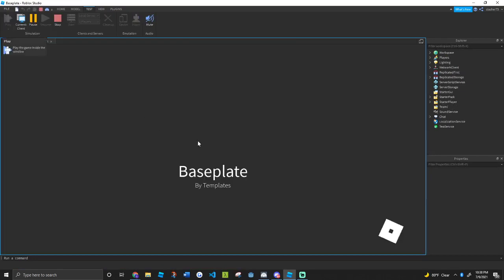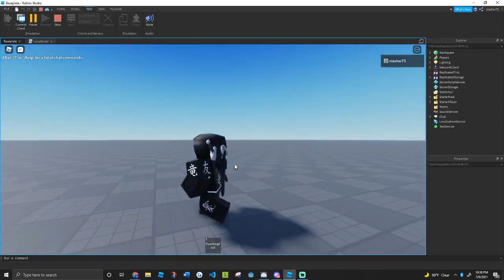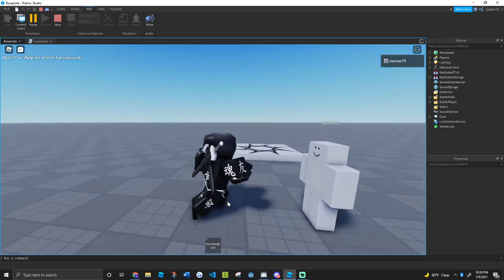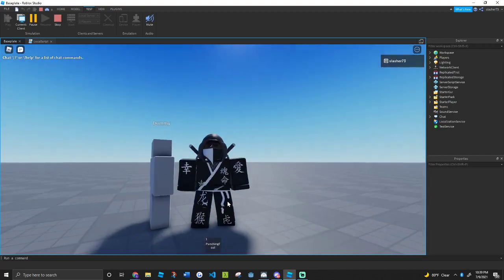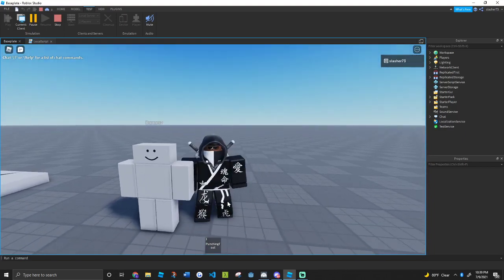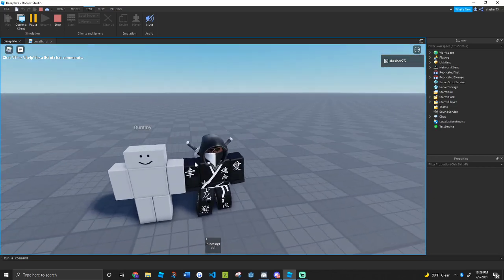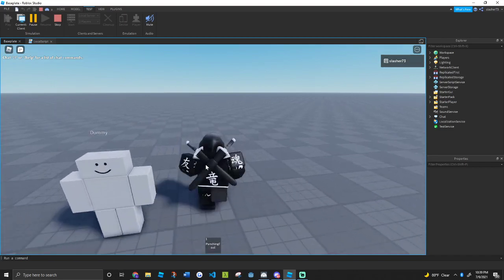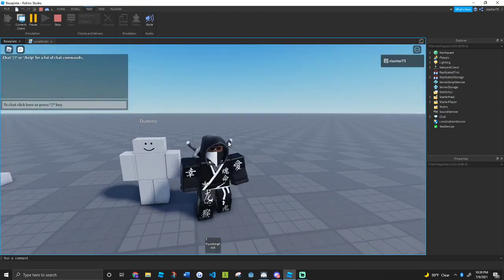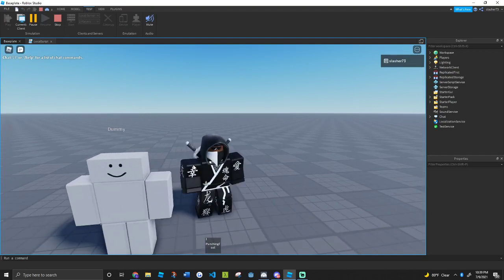So now, one last thing I need to do is, I have an R15 character. I know this because I have elbows, hands, feet, and knees. I look very different than this dummy. This animation will not play on my character because we prepared the animation on an R6, but I have an R15 dummy. So if you ever get this whole script set up and nothing is working,